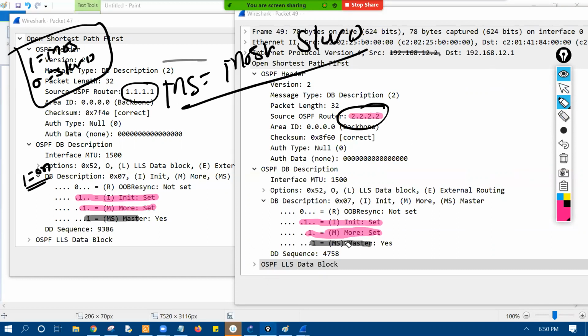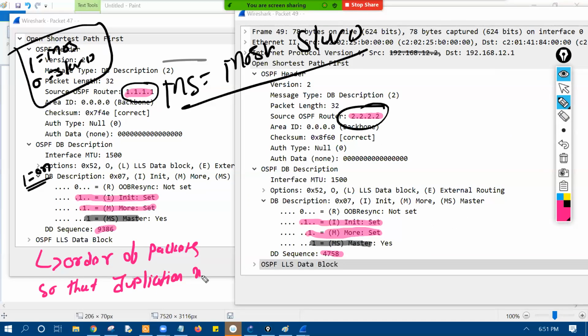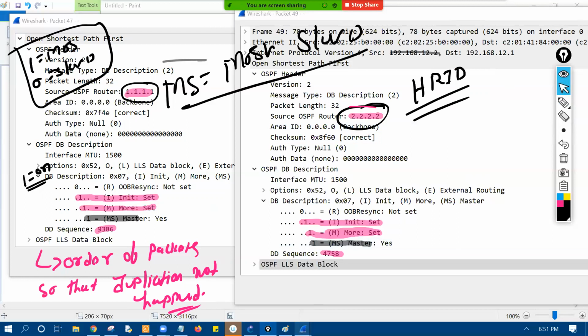What is the sequence number of R2? What is the sequence number of R1? The sequence number represents the order of the packets so that duplication will not happen. So right now both routers are saying I'm the master, right? But in this case, the router that has the higher router ID will become the master. If you have a look at the next packet,